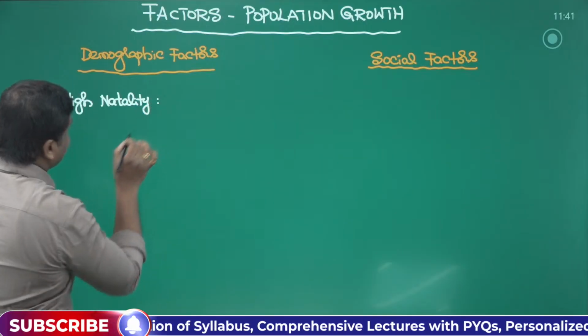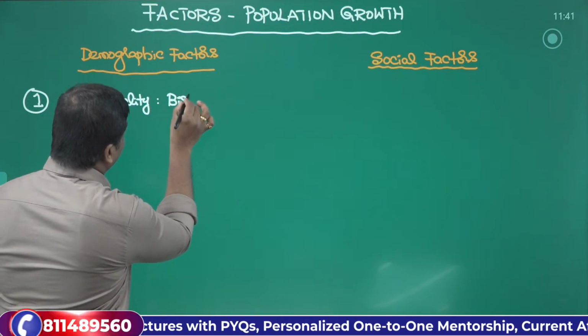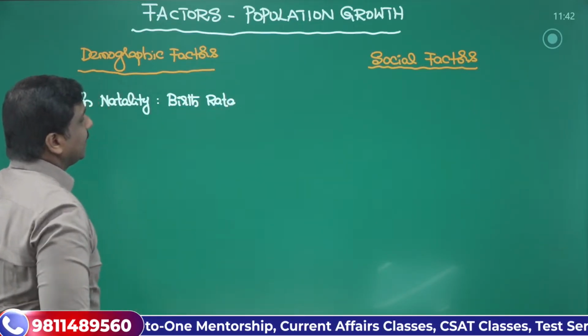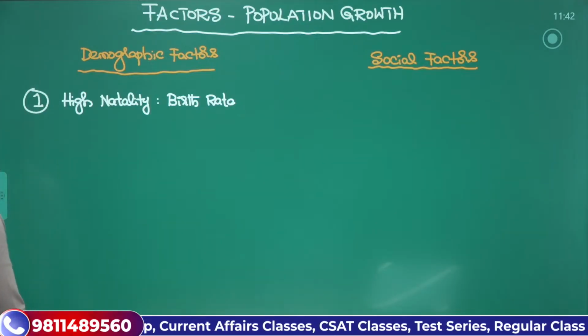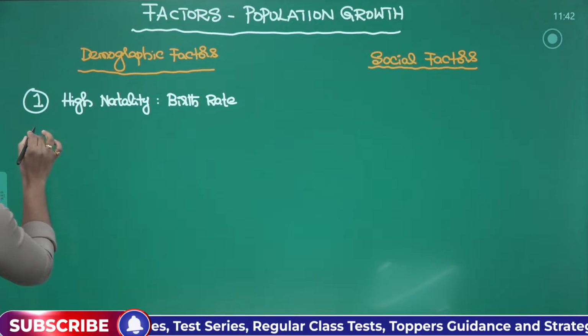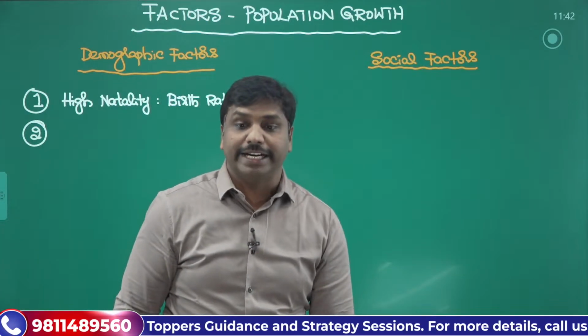So furthermore, if you just break it, it is nothing but high birth rate. So this is one thing that you should remember. Then furthermore, the next thing, the next important factor, what you can do is incorporate the